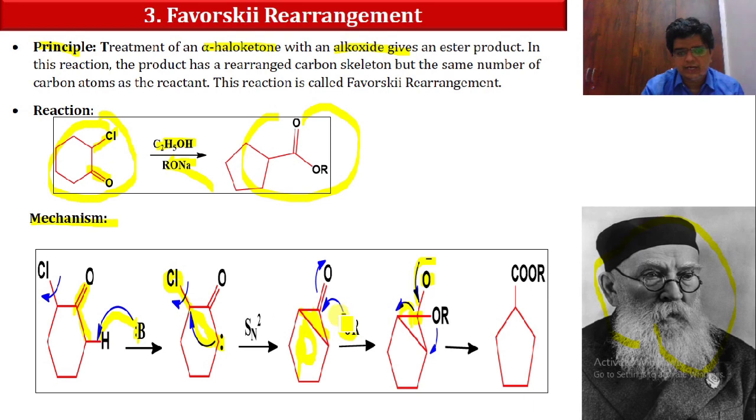Now this negative charge will be attacked by this proton, that is BH. Here we are having a BH. Now this BH will attack towards the negative charge. So it will produce a CH2 over here. So here we are having a C double bond OR. So now this is our Favorsky rearrangement. Further, you can also treat with hydrolysis, so it can produce an acid molecule.